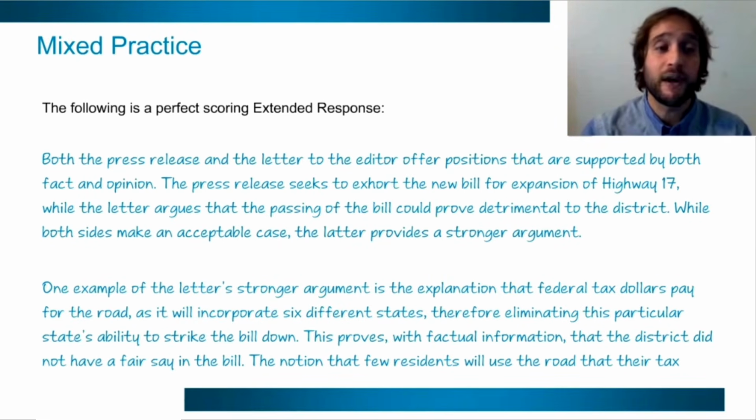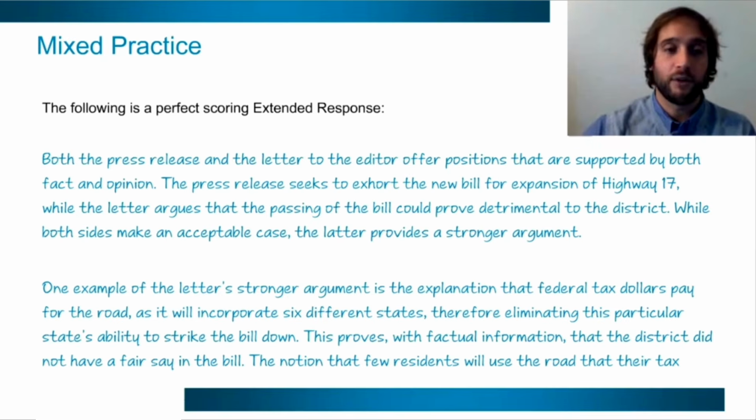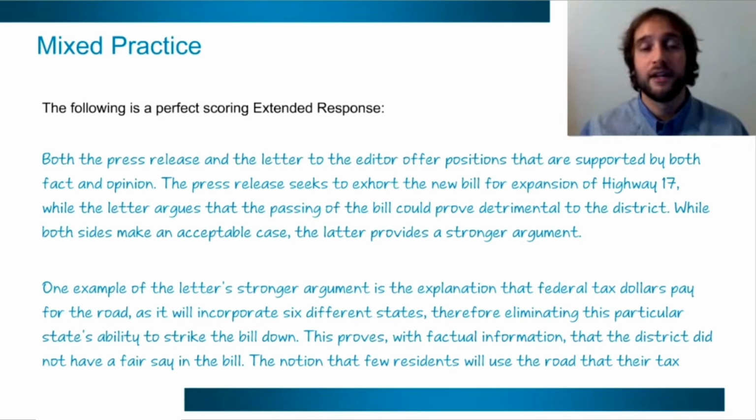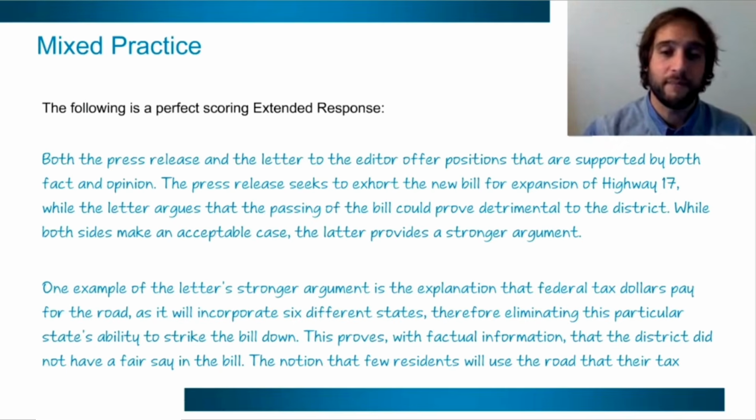Now, obviously, before you ever get to this point, you need to have your outline. Okay? So, of course, in your outline for the introduction, even before we look at what the actual text says, you'd want to have a summary of the 2 sides. Right? Walls says it's beneficial. The author says it's not. Okay? Then you want to have your thesis prepared, which is, hey, the letter to the editor is a stronger argument. It has better evidence. Then you want to have your